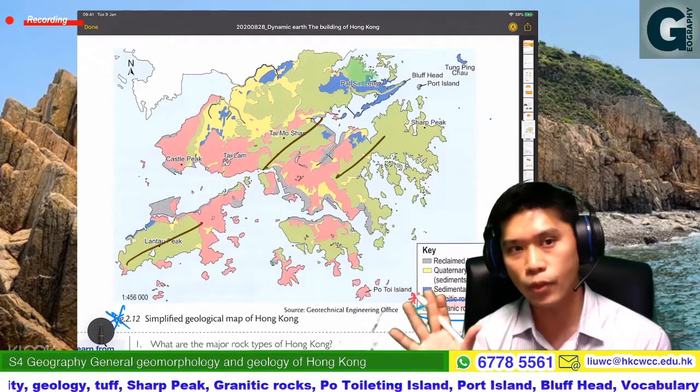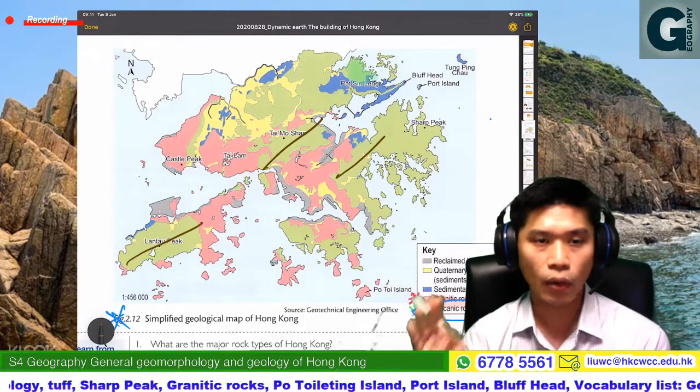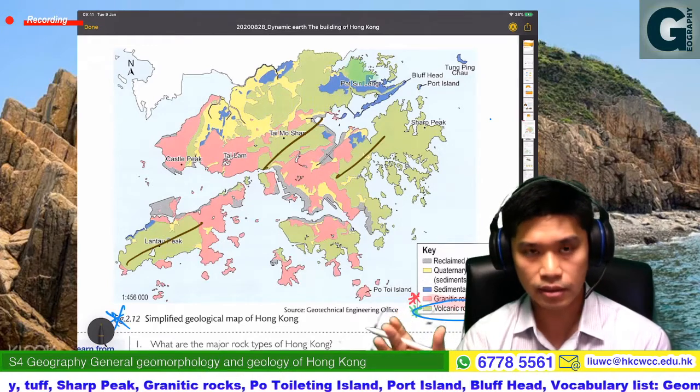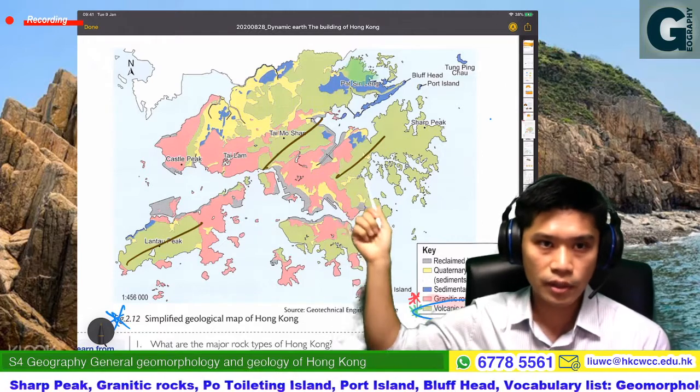So therefore, what would be the pattern? 香港嘅高地同啱啱我哋睇完嘅地質有咩 pattern 呢？